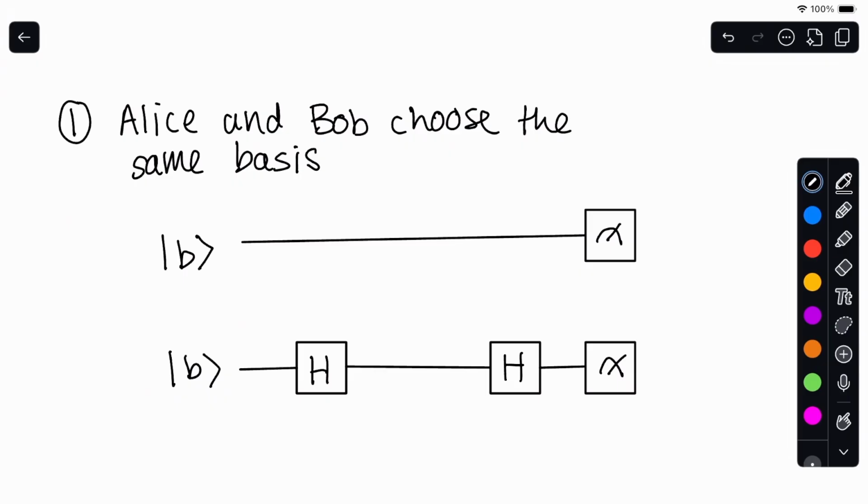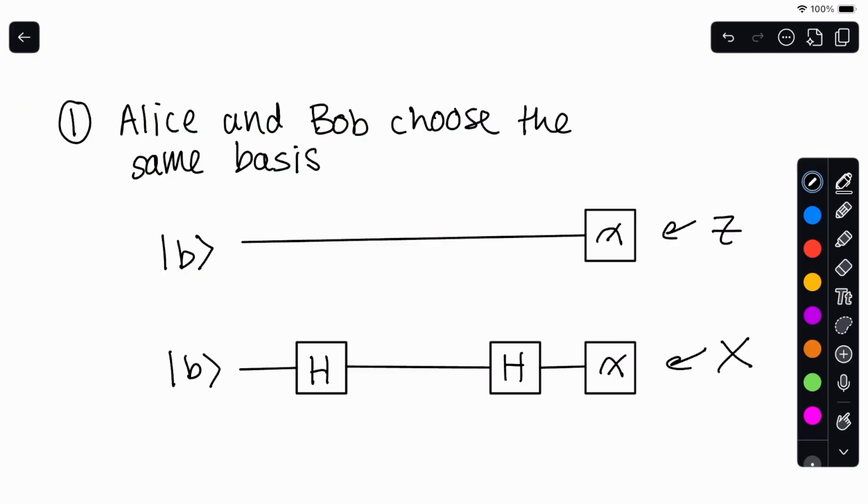Then what we have is Alice prepares her bit over here. This could either be a 0 or a 1. And then if Alice and Bob both choose the Z basis, so that's what's happening here, then neither of them are going to apply a Hadamard gate. But if they both choose the X basis, then they're both going to apply a Hadamard gate, because Alice needs to apply a Hadamard to prepare either the plus or the minus state, and then Bob needs to apply a